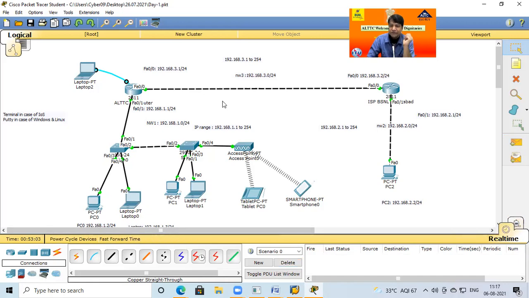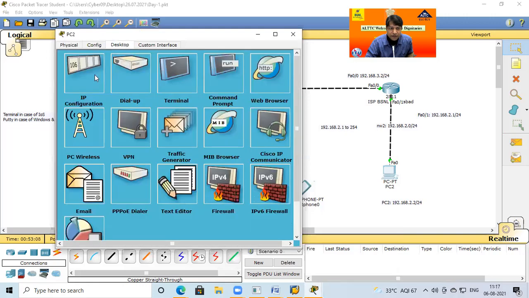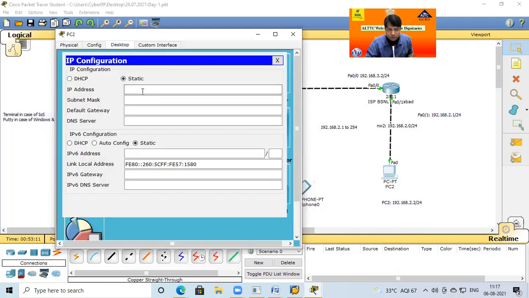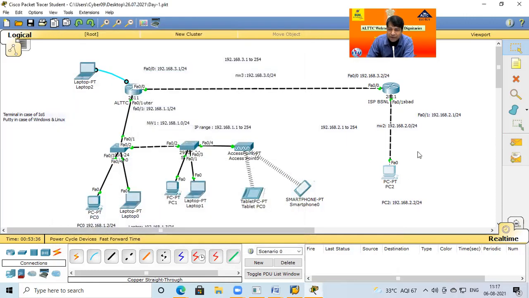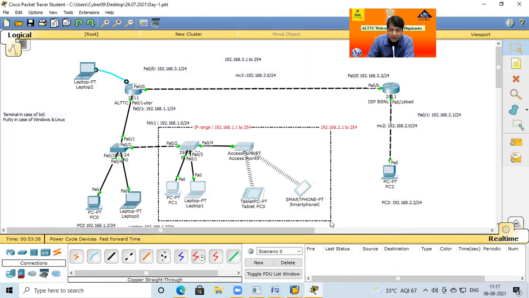Now the IP address allotment session, same time PC0. What IP address? Without an IP address it is not possible to communicate. So now the IP address 192.168. In this case, 2.0 and 2.1 cannot be given, because if I try, there is a message that 2.1 is already given to this port. So now I give 192.168.2.2, and 192.168.2.1. Okay. So now the IP allotment for every user. This one is not allotted, because I just leave it for the next session.